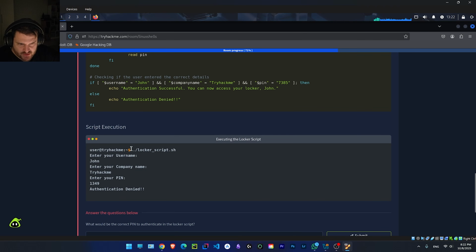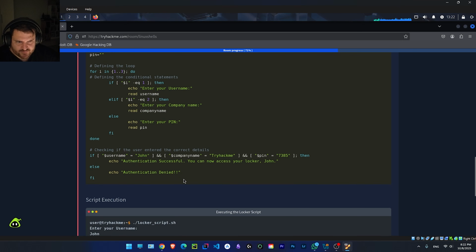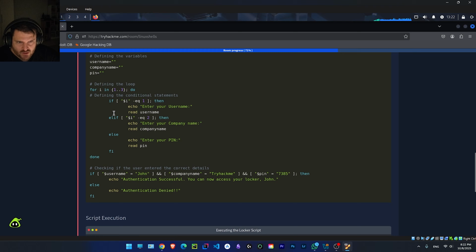Script execution. Here we see the execution of it. Enter your name: John. Access denied. So I see that it uses an elif. This is newly introduced. If the first condition is met,